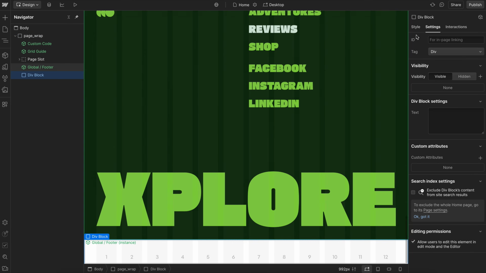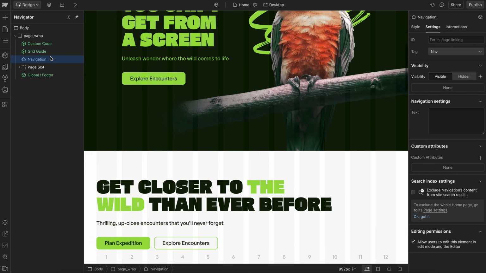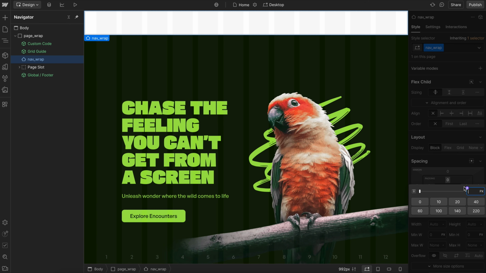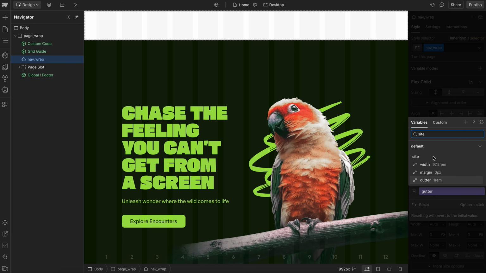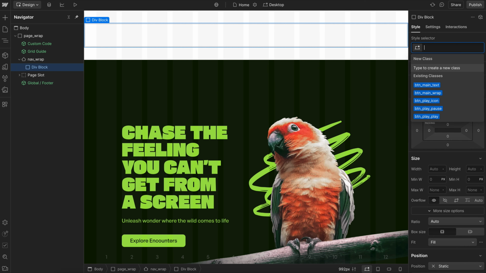Lastly, let's set up our nav. I'll add a div and give it the tag of nav here. I'll move it above the page main and give it the class of nav wrap. And we'll give it some top and bottom padding of site margin so it matches the left and right space on our site. Inside of that, we'll add a div with the class of nav contain, and we'll add on our container utility,